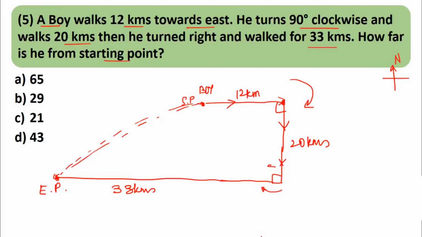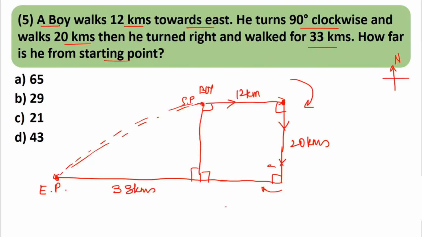Now this is not a familiar geometric figure, but say if we draw a line like this, this becomes a rectangle and this becomes a right angled triangle. Why rectangle? This is 90, this is 90, so this has to be 90 and this has to be 90. When two angles are 90, the third and fourth also have to be 90 in a four-sided quadrilateral.